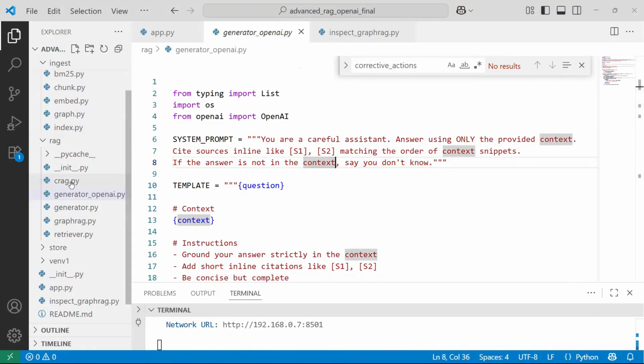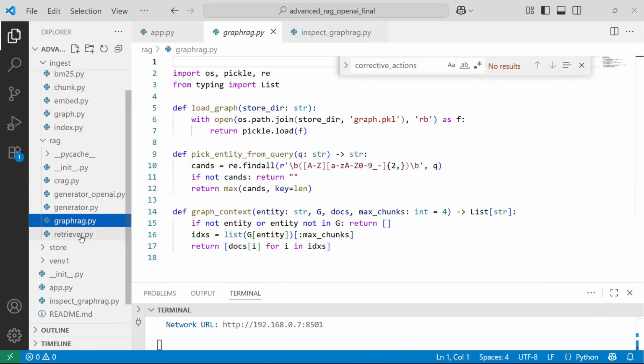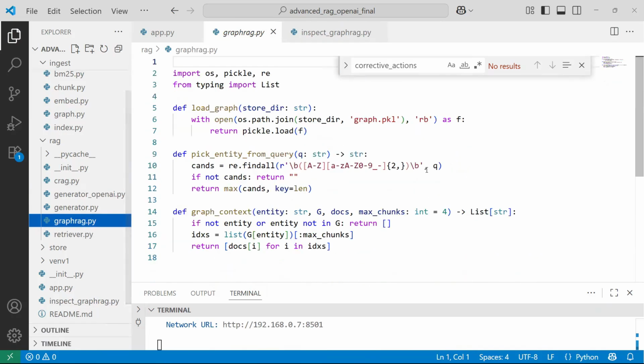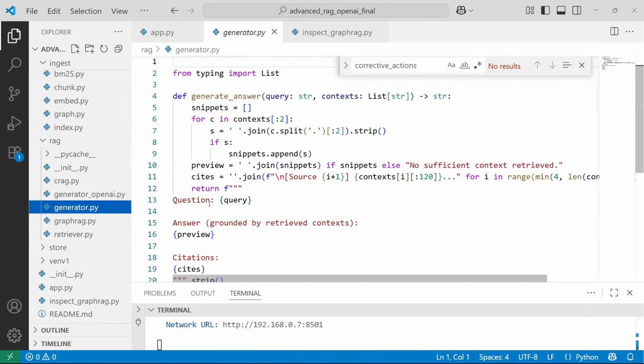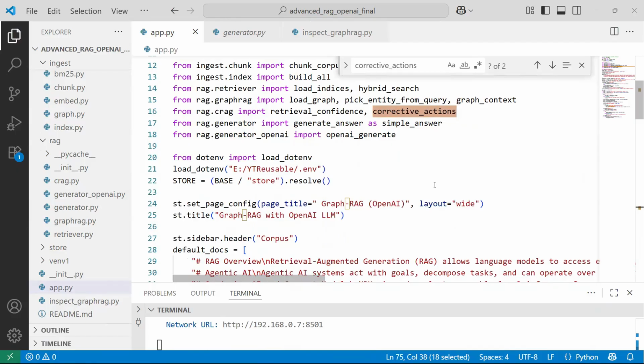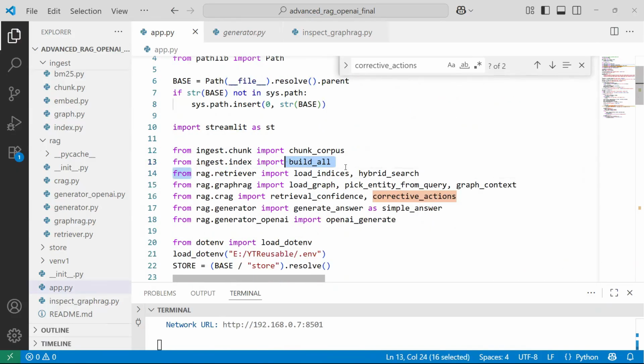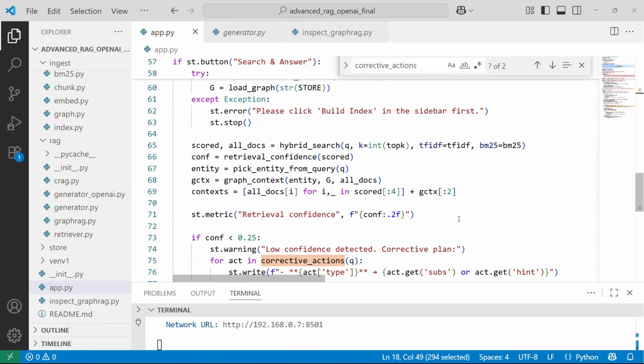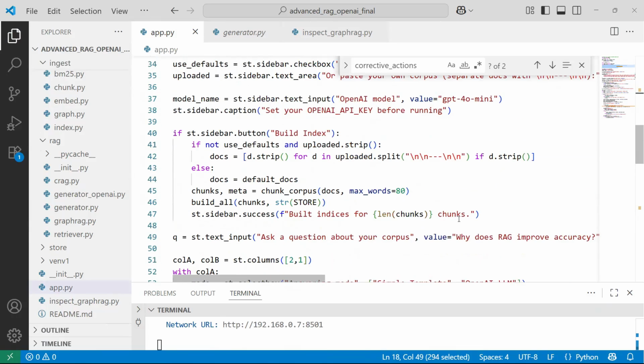Okay, so that is how this is working. So from my rag module, the crag.py is coming, generator OpenAI is coming, generator is also coming, graph rag and retriever are also coming. You can take a look at this code. Nothing is big, everything is very, very small, but it's basically a flow of graph rag and your retriever and your score checking and corrective action and your citation. That's the whole flow. So I recommend you go to app.py and see what all I'm importing from rag. Go to all these scripts one by one, check what is happening in which, and it should be very easy for you to understand. Concept wise, just understand everything.